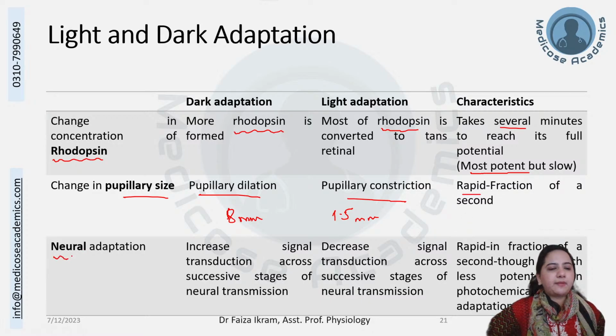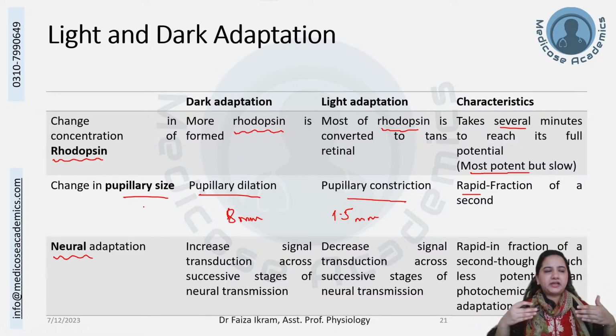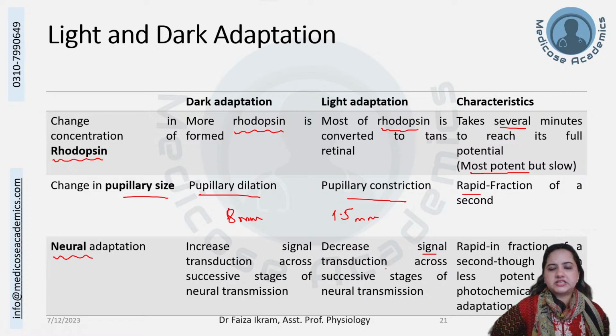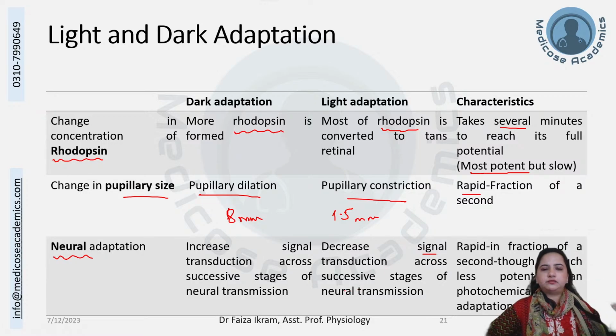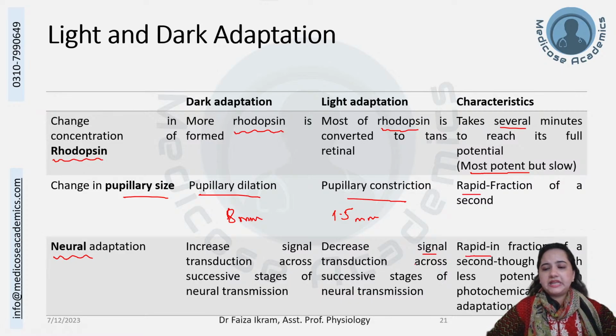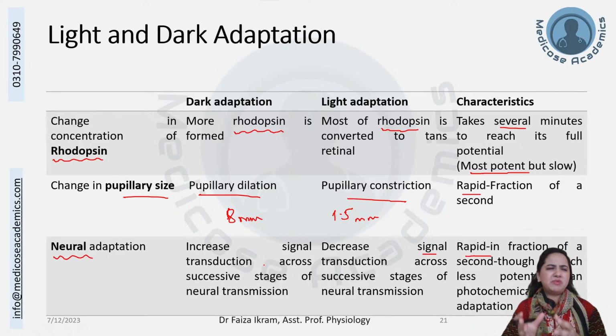Lastly, the neural adaptation. If there is dark, throughout the visual pathway, the sensitivity of nerves will increase. More and more facilitation of nervous transmission will be there, but to adapt for the light, the neural transmission throughout the visual pathway will be inhibited. There will be decreased signal transduction across the visual pathway till it reaches the visual cortex. This also happens very rapidly in a fraction of a second, but it is much less potent,